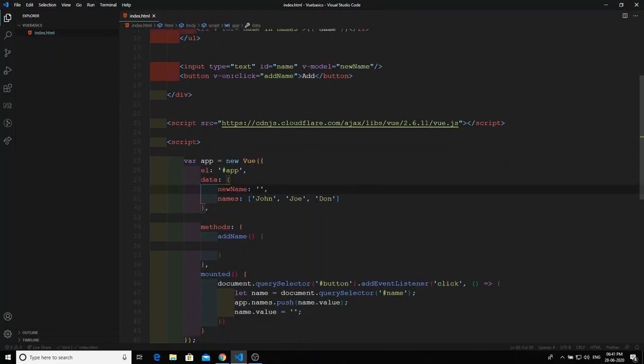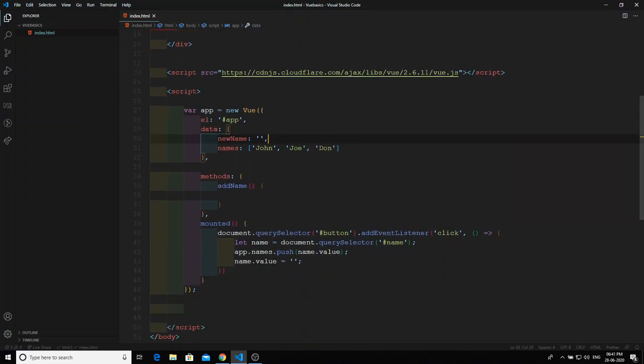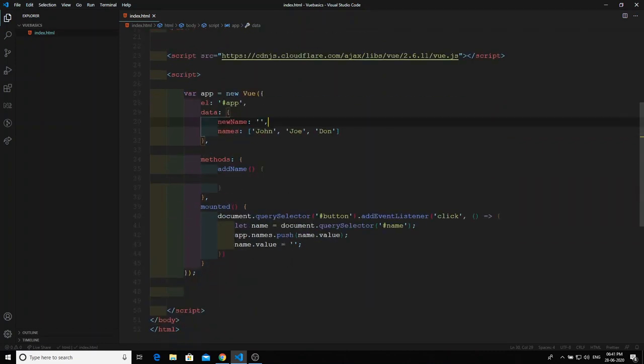Now whenever the user clicks on this button, I will add the newName variable into the names array. Whenever you want to access the variables that are in the data object, you access them using this dot.